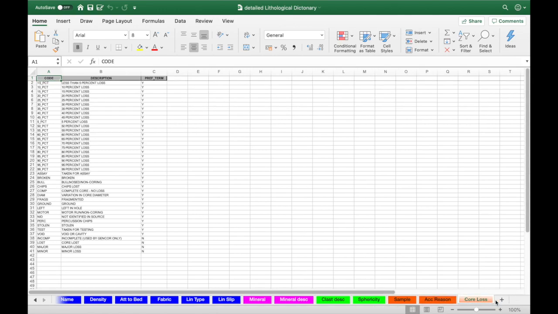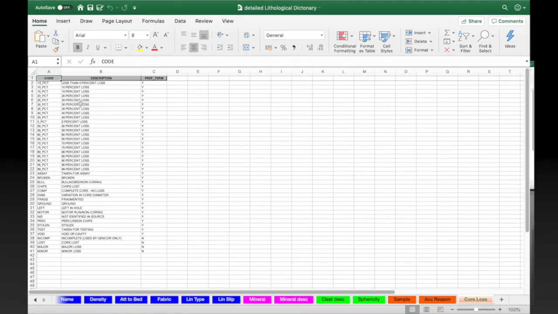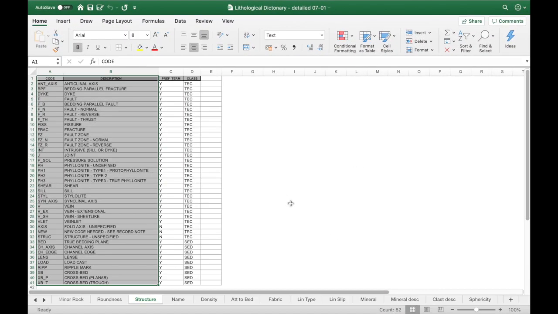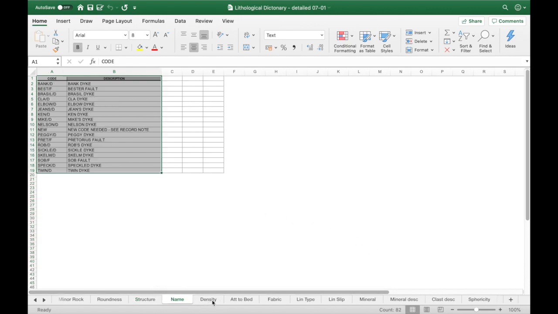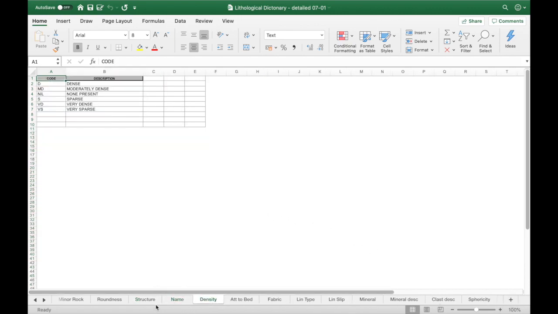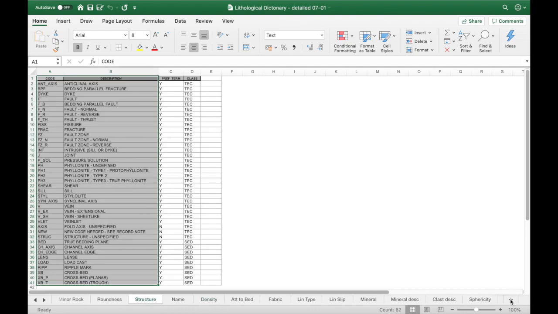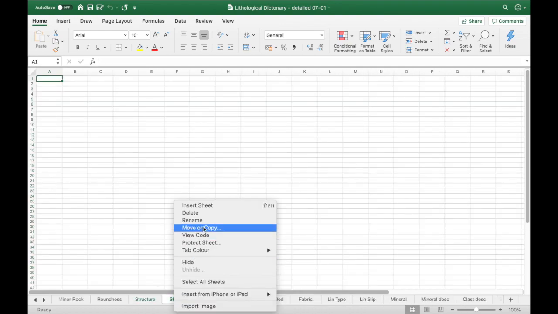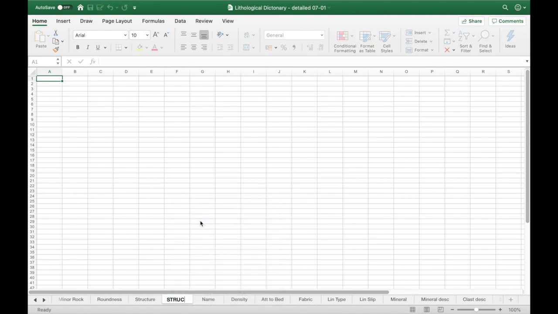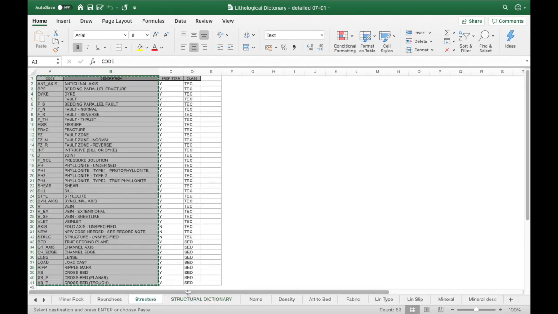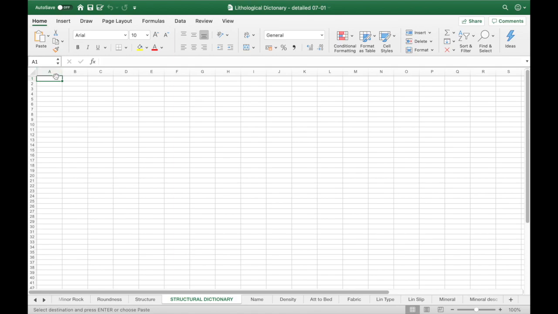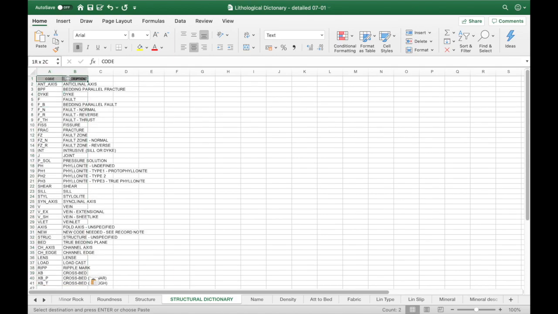We have found that many of our clients have documents of this nature on file already, but let's have a closer look at what is required for ScaniT to import your logging parameters. Should you have an existing file with your various logging parameters, we can start by creating our structural dictionary inside of this file using your existing information. We do this by simply creating a new tab and naming it Structural Dictionary, and then by copying and pasting the respective info from the rest of the file onto one page, where the first row, called here Code and